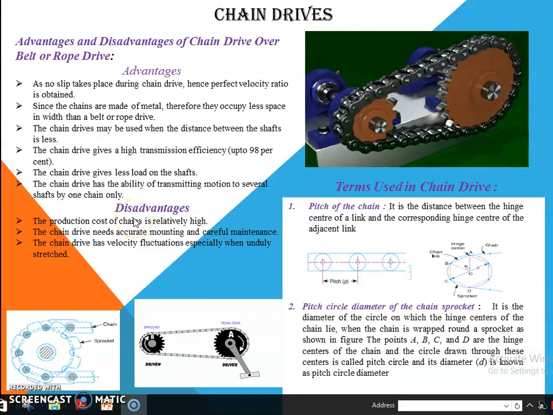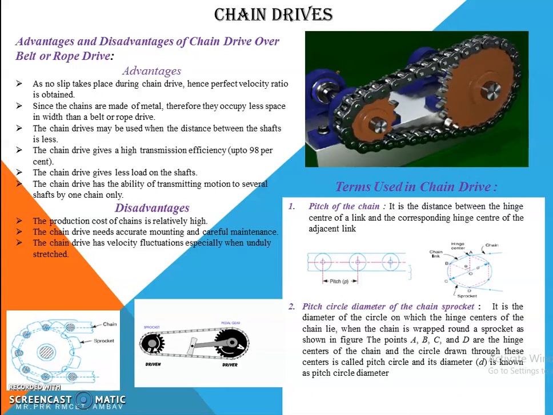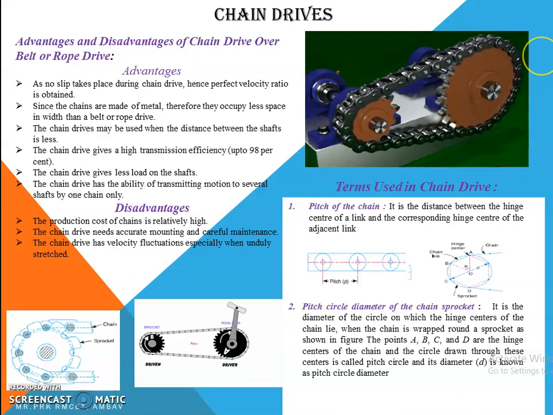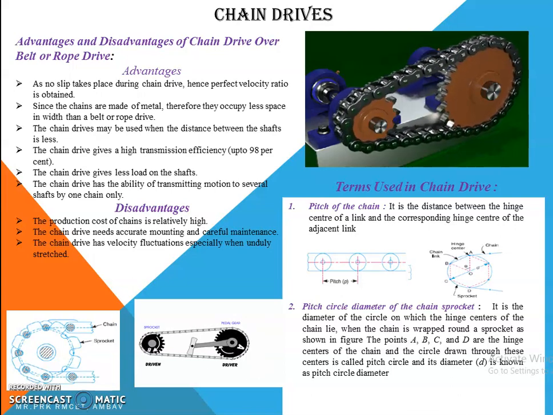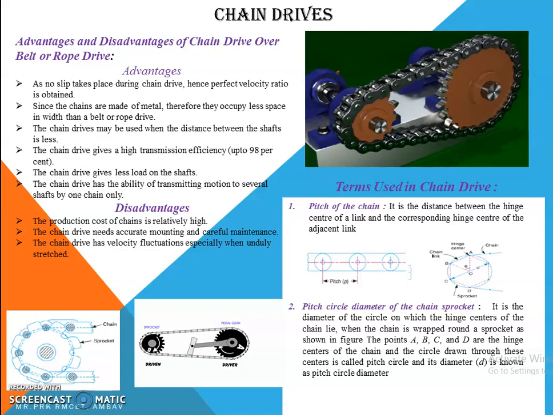Hello friends, today we will discuss about chain drives. We have seen in belt and rope drives that slipping may occur. In order to avoid slipping, steel chains are used. The chains are made up of rigid links which are hinged together in order to provide the necessary flexibility for